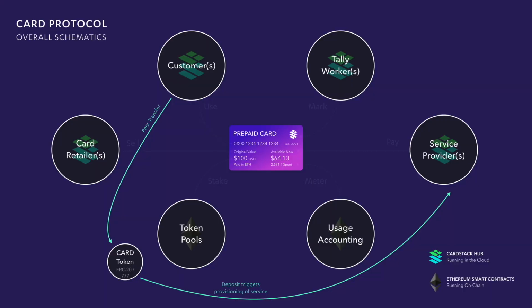What we're adding on top of that capability is this idea of a token pool. A token pool is to say that you are, as a customer, dealing with sometimes not only one service provider. Your catalog of cards may touch many service providers, some of them providing an API to give you exchange rate, some of them doing storage, some of them doing video conversion, and some of them are doing it in an on-chain way, and some of them are doing it in a cloud. So there could be many, many things you're using.